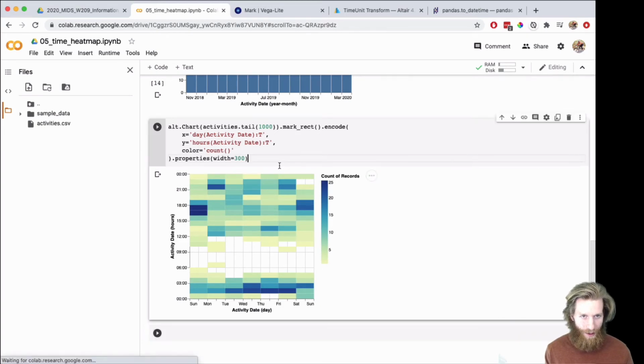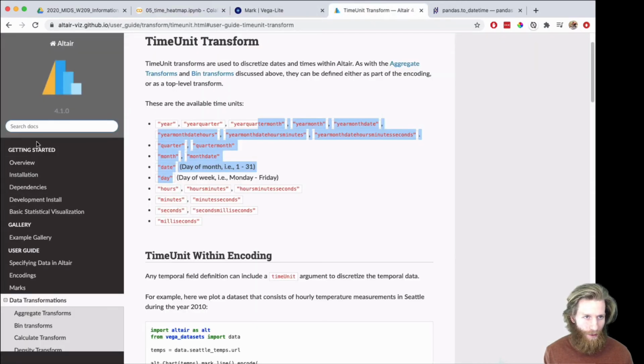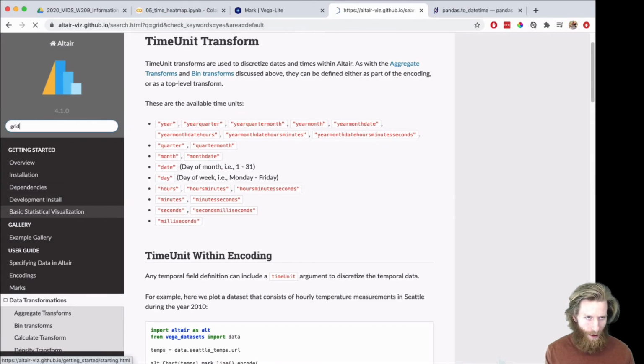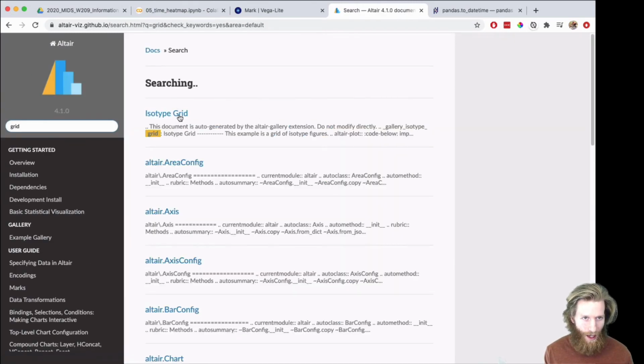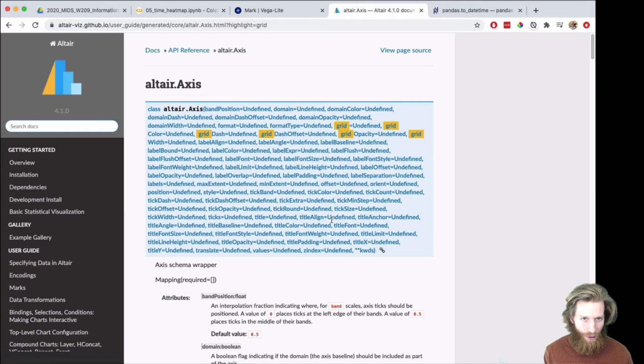And that's working. We still have more grid lines on. We can actually turn the grid lines off if we want. So I think that would be a helpful option. So let's turn the grid lines off. So if we want to turn the grid lines off, I'm going to go back to Altair. And I think we can set the grid off on the high level config. Grid dash the grid. So let's try doing